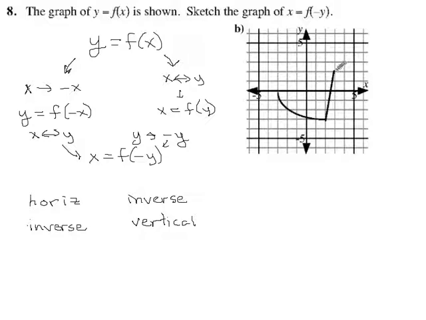takes, let's see, this point is 3, 2. It would become negative 3, 2. This point is 2, negative 3. After horizontal reflection, it would become negative 2, negative 3, and there's a straight line connecting those. And this point over here, which was minus 3, 0 would become plus 3, 0. I was thinking that looked too big. Okay, so that's